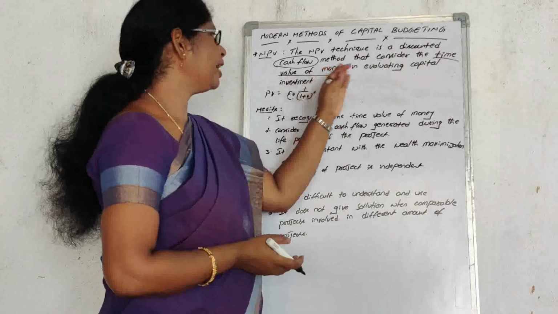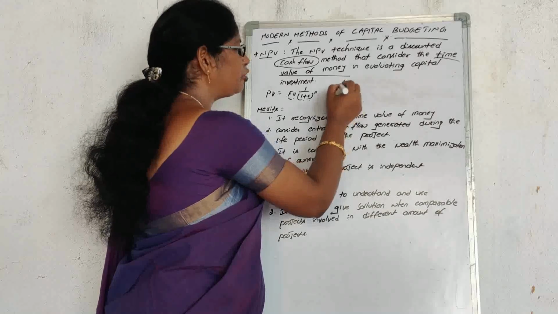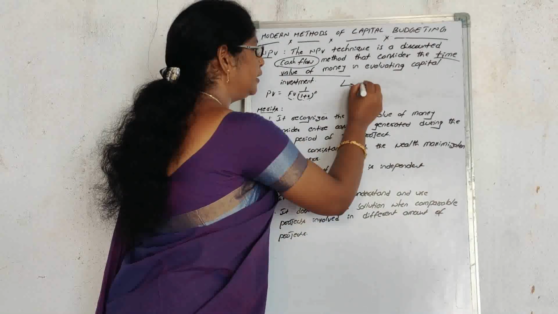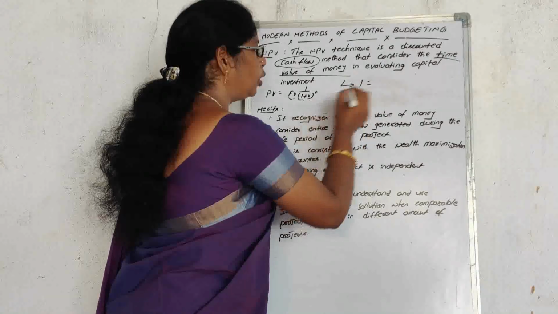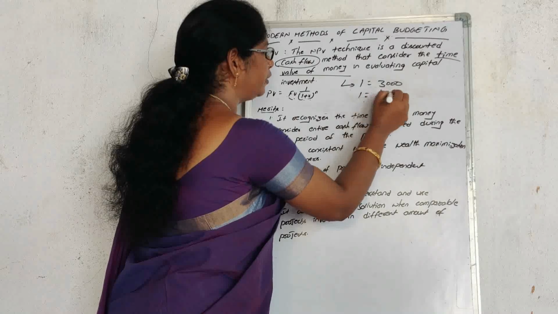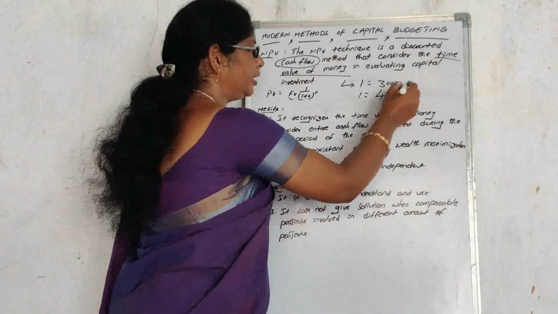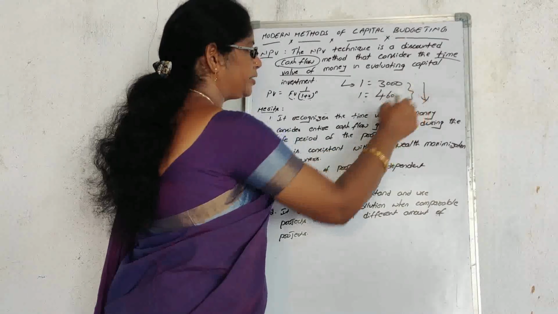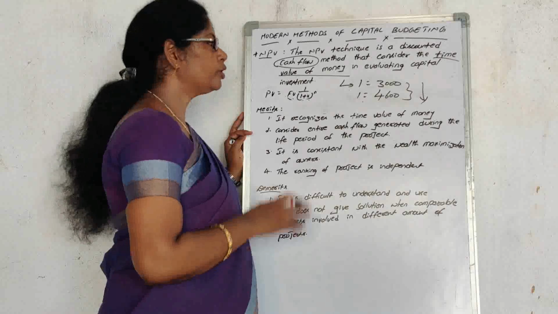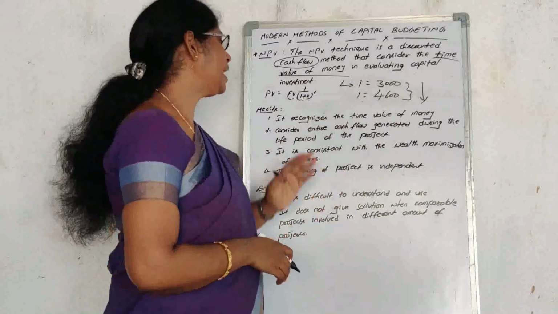And coming to the time value of money, it means today's value will not be the same after 1 year. The best example: one year ago, 1 gram of gold was 3000 rupees. Right now, 1 gram of gold equals 4600 rupees. So what happened here is that the rupee value is reducing, meaning depreciation has occurred in the rupee value. That's why we need to implement discounted cash flow methods in the NPV method.